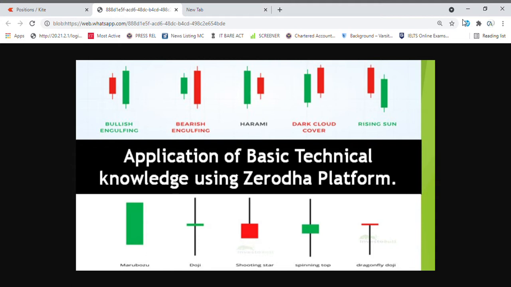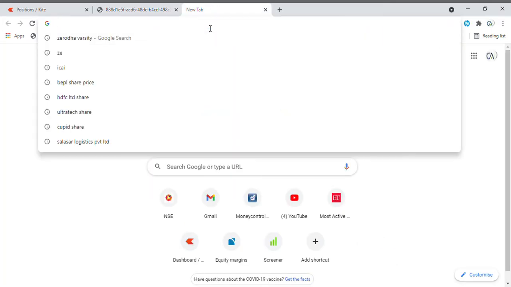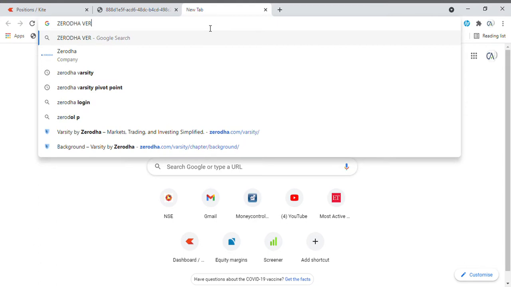This video is purely for people who have basic knowledge of technicals but are not able to apply this knowledge on charts. Before starting our video, for a basic understanding of these technicals, I suggest you go through Zerodha Varsity. I will show you how to go to Zerodha Varsity. Just click on Zerodha Varsity on Google,